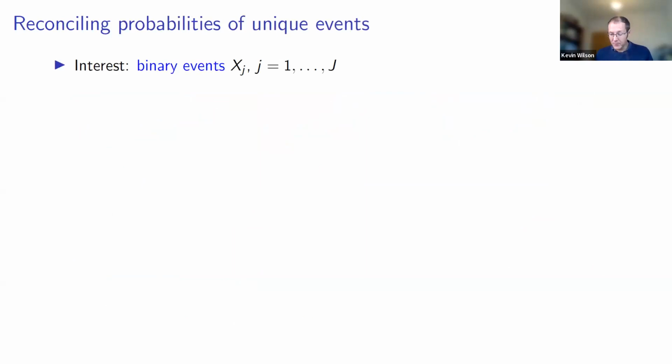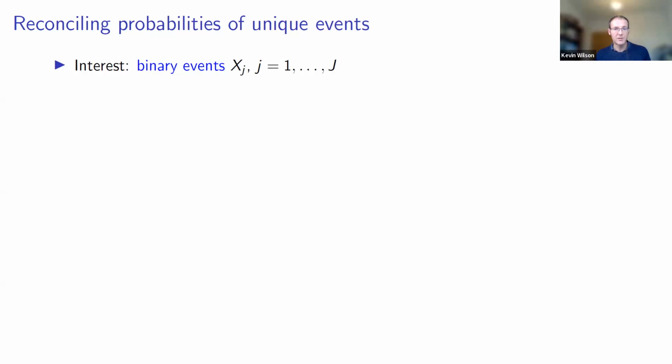So that was all for continuous quantities, which is what we almost always think of when we think about aggregating expert judgments. But in both of these projects, Credo and Holy Food, we're also going to be trying to aggregate or reconcile probabilities, so a single probability given by an expert for a unique event. So if I've got a unique binary event and I can't think about a suitable population of similar events, all I can reasonably ask the expert for is the probability that the event is going to happen.